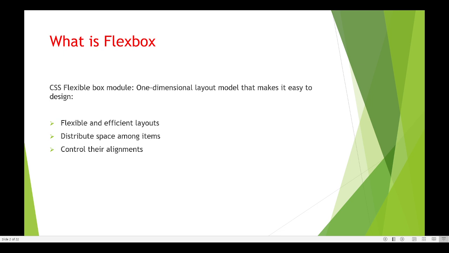So it's a one-dimensional layout, and it's very helpful in controlling alignments, distributing space among items, and flexible and efficient